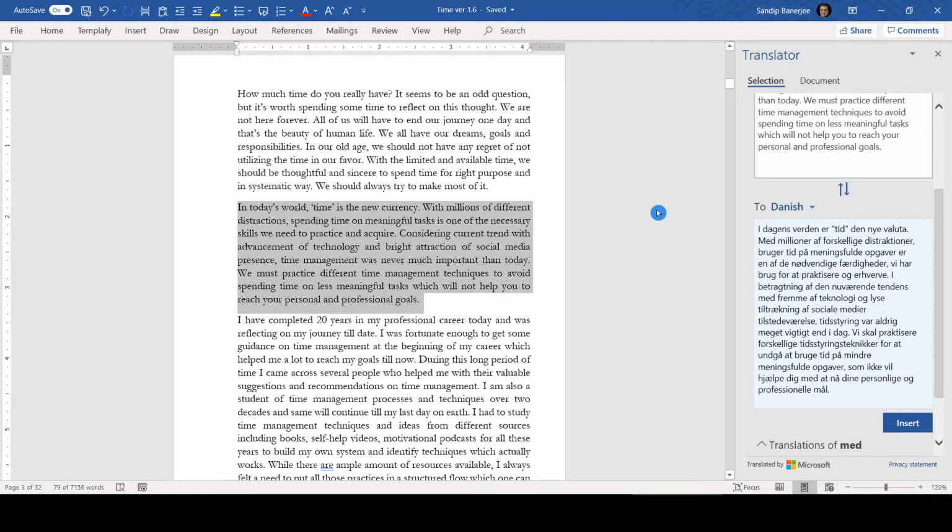So within MS Word, this particular feature is already available. Some of you may have already translated some part of the document using Google Translator, and from there you copied and pasted in a Word document. However, this particular feature is available within MS Word, which you can use all the time. So hopefully these additional 5 features also will help you to enrich your experience while using MS Word.